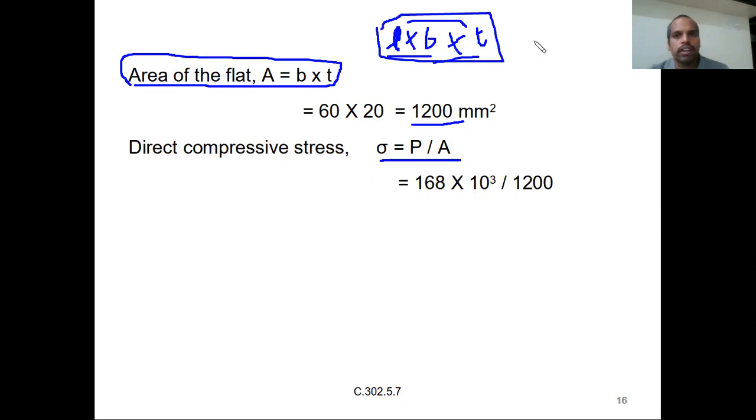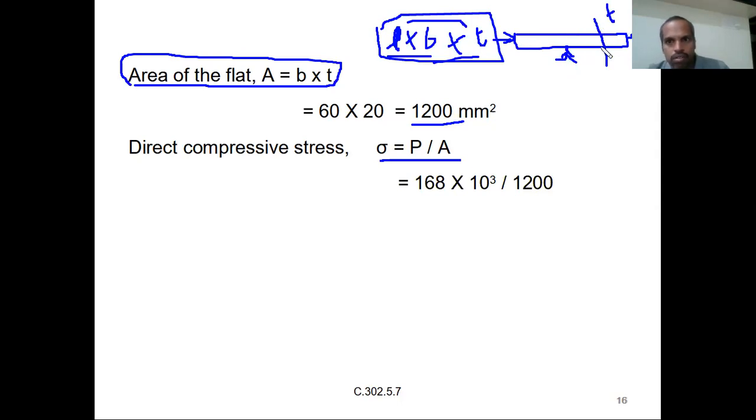Generally, while calculating the stress, let us say this is the length of the bar, subjected to a compressive load. This is the length, this is B, and the other dimension, let us say, is T. So how do we calculate this? Out of which area do we have to take? Not L into B. We have to calculate the cross section area, not this exposed area or elevation, the front visible area, not that one. We need to calculate the cross section.